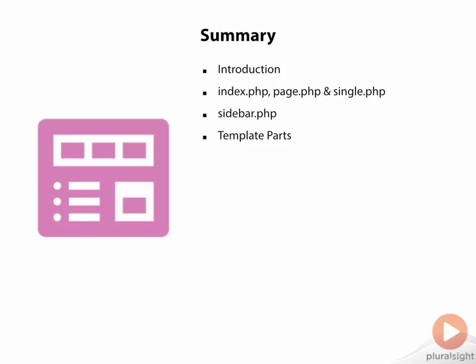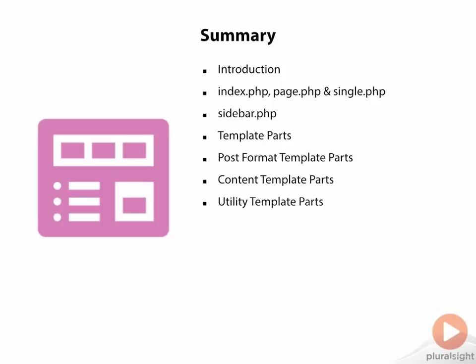I like to split these types of template parts into 3 categories. Those dealing with post formats, where the template part was just the stuff inside the loop after the post format has been determined. Those dealing with site content, where the loop is run inside the template part because we have a pretty good idea of what type of content we'll be dealing with and want to deal with it in a particular way. And utility template parts, where we're using DRY coding practices to not copy and paste code that